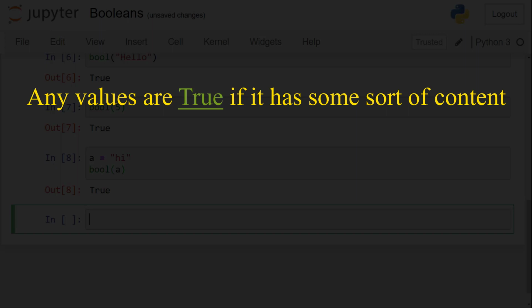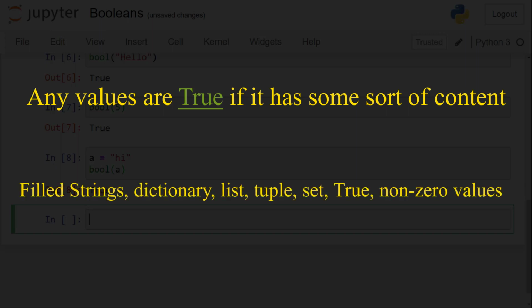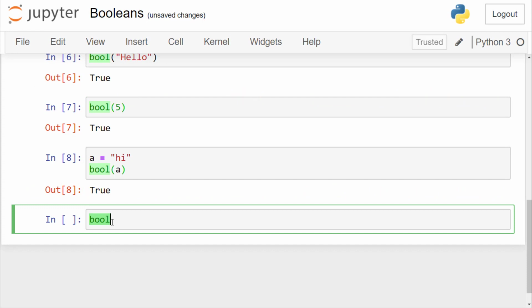Most values are true. Almost any value is evaluated to true if it has some sort of content. Any string is true except an empty string. Any number is true except 0. Any list, tuple, set and dictionary are true except the empty one. For example, bool 1, 2, 3.